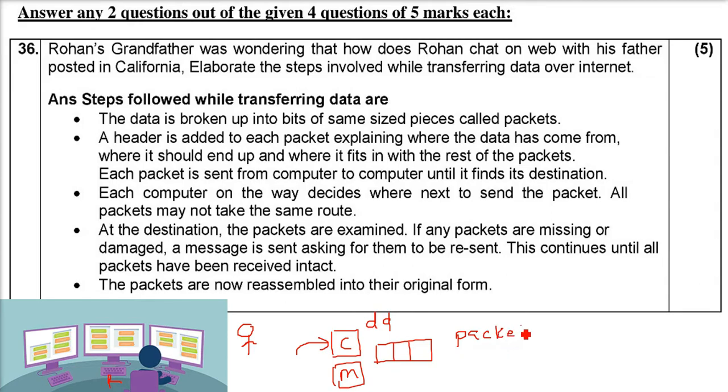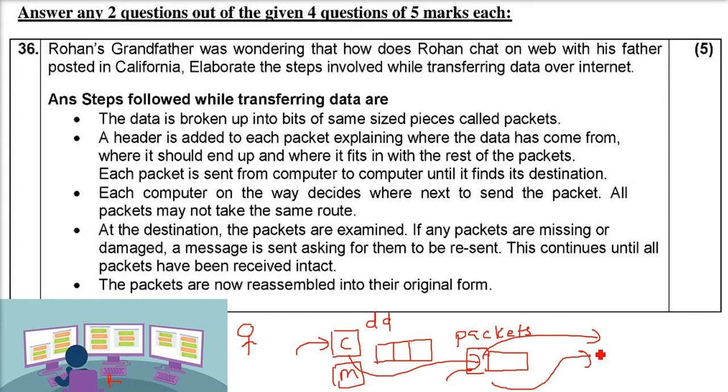Now this packet has no information, means data is there, but a header is now added. The header will contain all the different information along with where this data has come from and where it is destined to. That is, the source address and the destination address are given here. Okay. Now the destination is known and the source is also known, so wherever it goes, from India it goes to say Singapore, it goes to China, or it may take multiple paths.